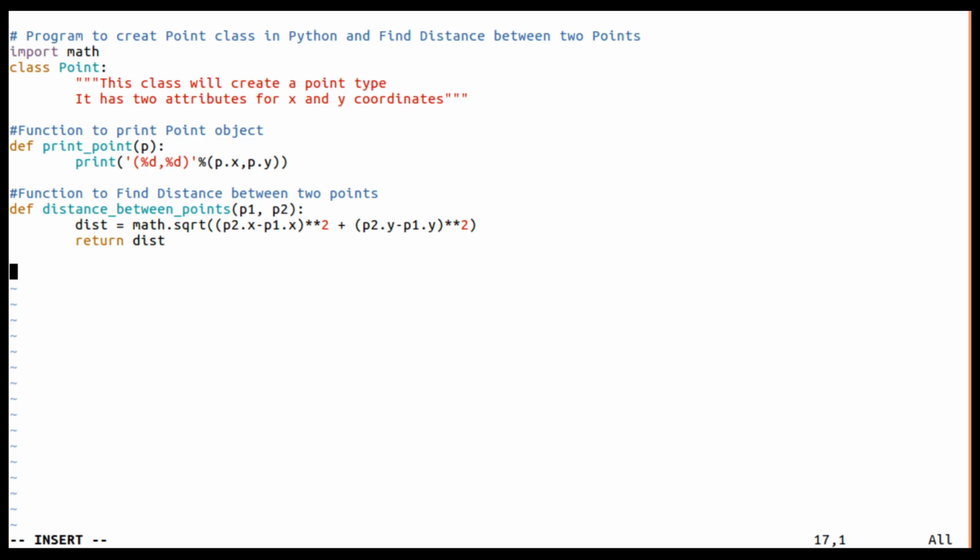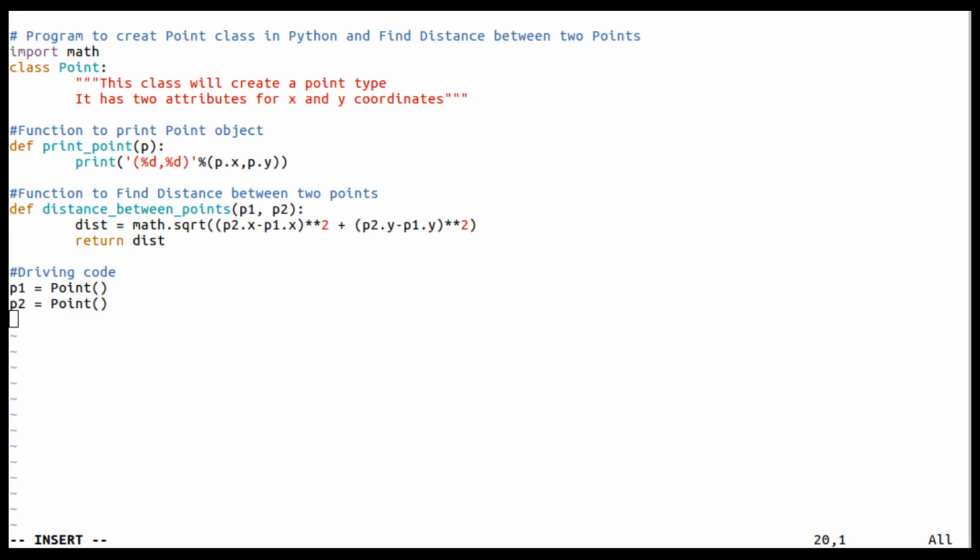Okay, so here we'll write a driving code or a starting code. I am going to create a point p1 is equal to, using a class name we can create a point, and one more is p2 is equal to.